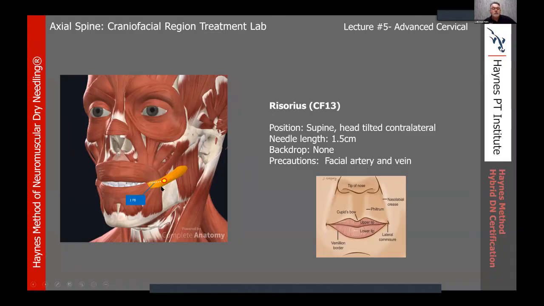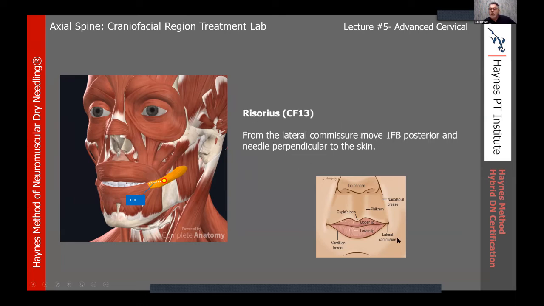For the risorius, we're going to move 1 finger breadth lateral from the lateral commissure, or the lateral line of the mouth of the lips. It is superficial, so there will be no